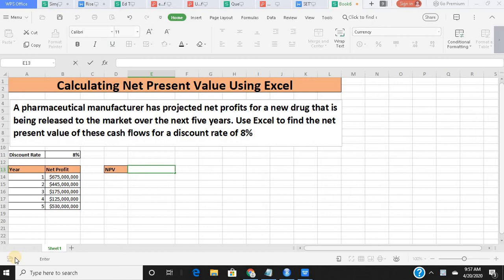Now, what is net present value? This is a finance term where we wish to learn what would be the value of n number of cash flows in the future on a present day. Like, for instance, what would be the current value of these cash flows in the coming 5 years today? Like, what would be that one lump sum which would be equivalent to five cash flows which may occur in